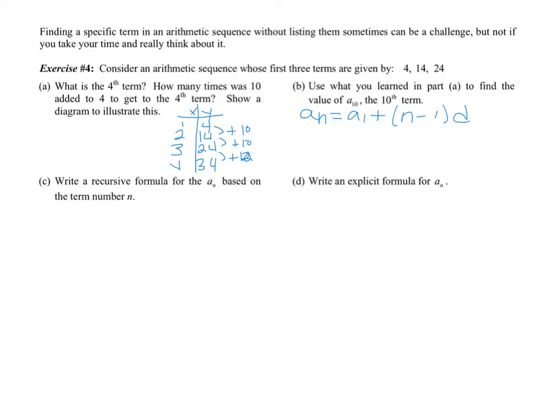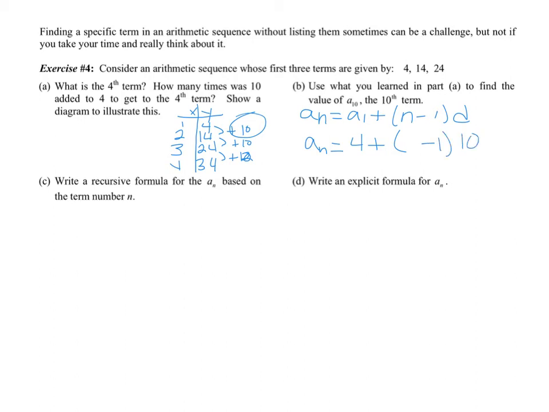D is going to be my change, my difference. So how much am I changing by? Well, that's my plus 10. So 10 is going to go in there. So a sub n equals a sub 1, which is my first term, 4, plus, kids always mess that up, don't forget that plus sign in there, n minus 1